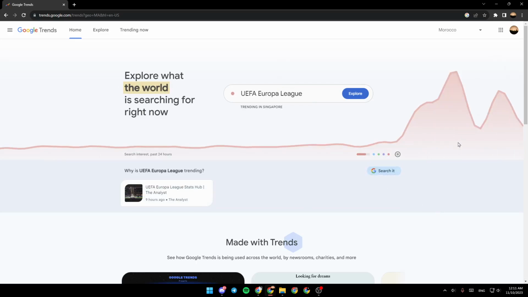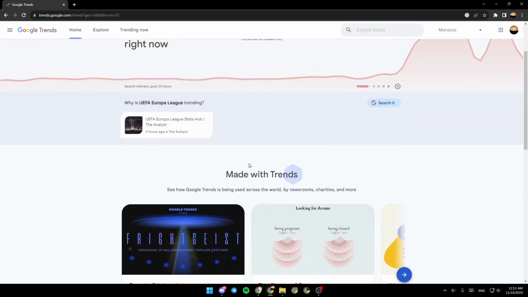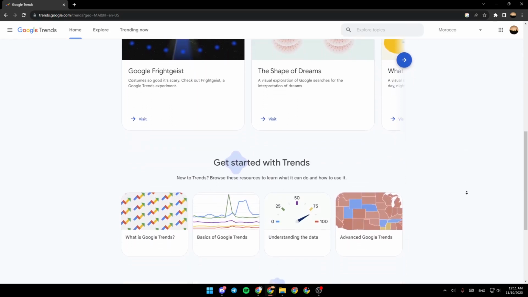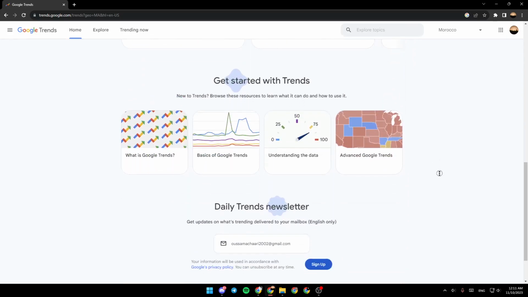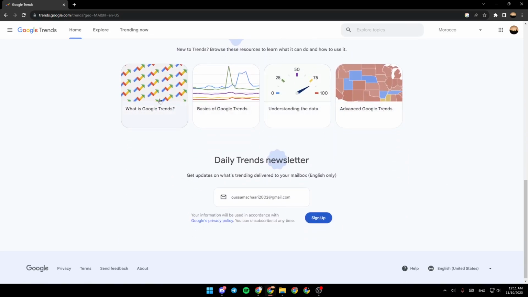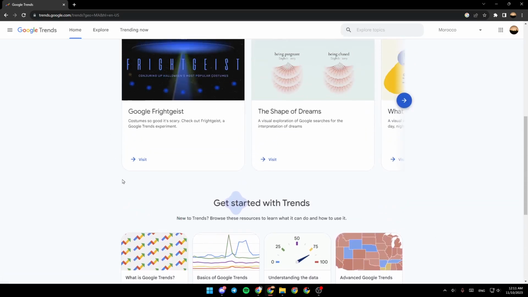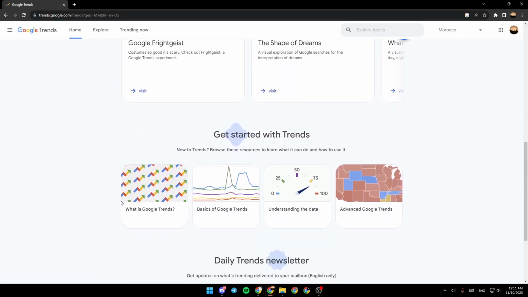So as you can see guys, right here we have made with trends, get started with trends. And right here, under it, you're going to find some resources to learn what it can do and how to use it. So the first one is what is Google Trends, basics of Google Trends, understanding the data and advanced Google Trends. If you go to explore right here,